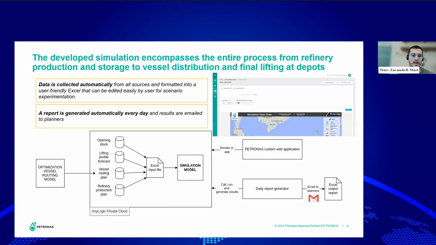The initial vessel plan is generated by an optimization model. This optimization model is then fed into the simulation, which is basically going to validate the results of the optimization. Optimization, as you know, if anyone has had any experience with it,